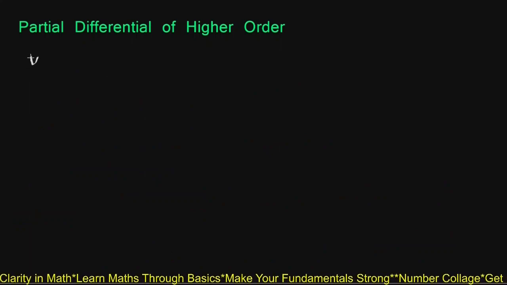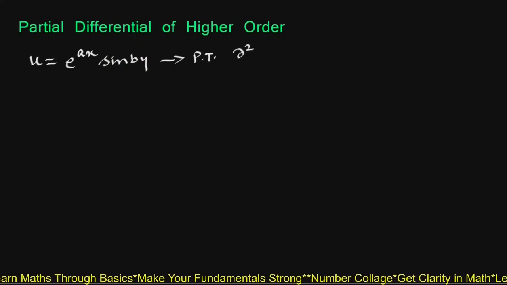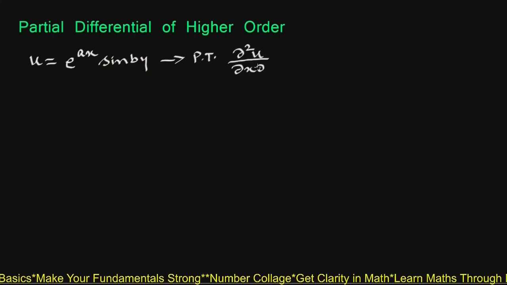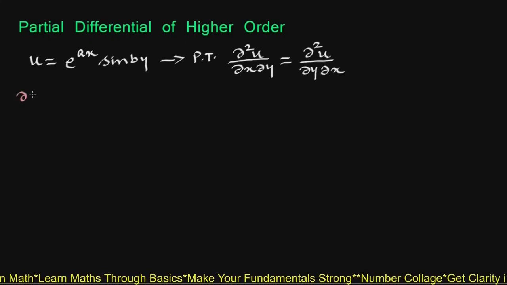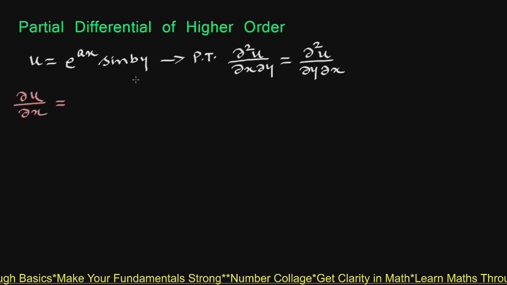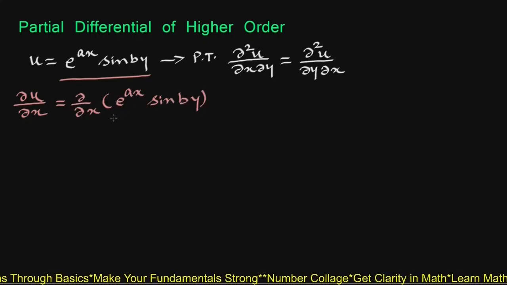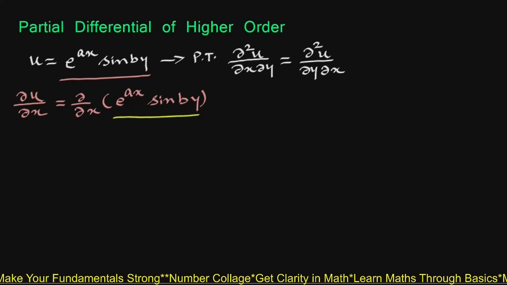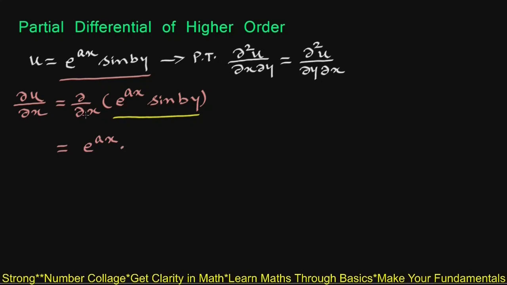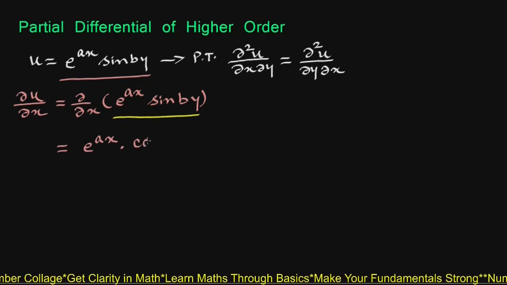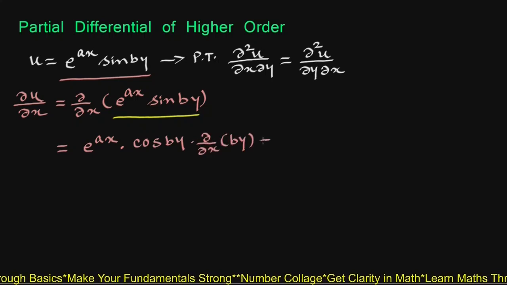If u equals e raised to ax sin by, we have to prove that ∂²u/∂x∂y equals ∂²u/∂y∂x. First we find ∂u/∂x, that will be ∂/∂x of e raised to ax sin by. We will use product rule on this, which will be first function e raised to ax into ∂/∂x of sin by, that will be cos by into ∂/∂x of by, plus second